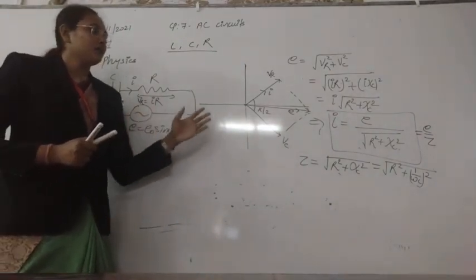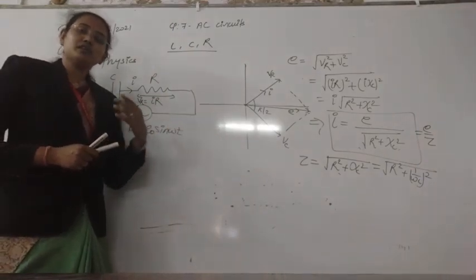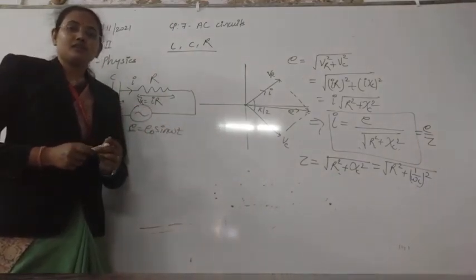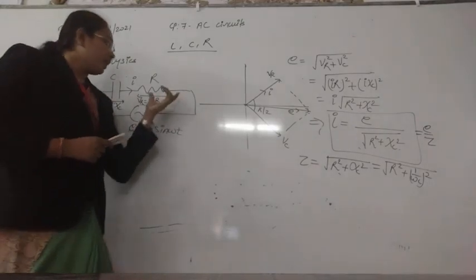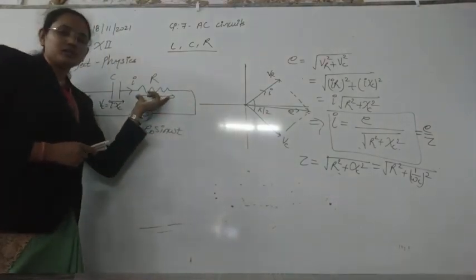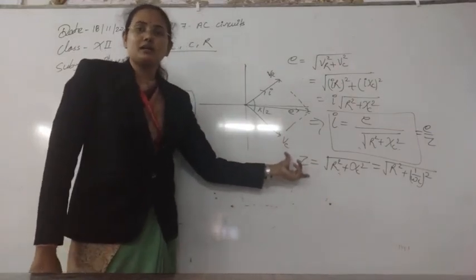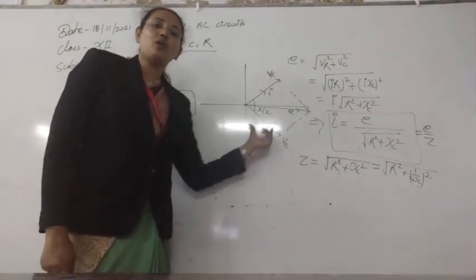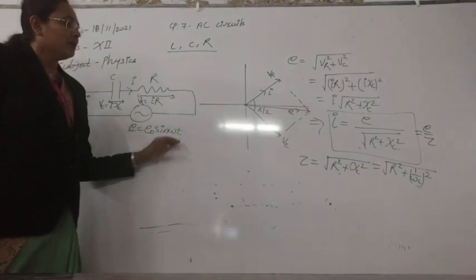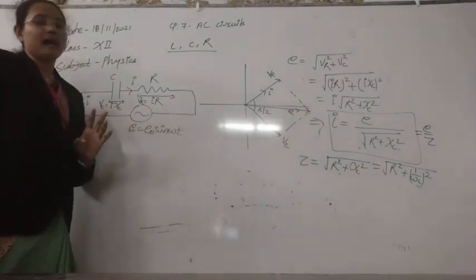What will be the current, what will be the resultant potential, how much current and potential is utilized in the circuit, and how much potential drop there is across the components. Along with that, how much opposition we are getting from the circuit, all this information you can get from here. Now, how will the circuit behave?